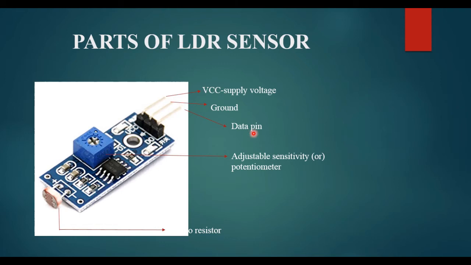The use of the data pin is that you connect it to the required pin on the Arduino board wherever the data pin is required for the programming. For example, if you have defined the data pin as D2 in the program, you have to connect this data pin to D2 on the Arduino board. If you put it on any other pin, it will not work at all because the specified pin is D2. And this is the adjustable potentiometer to increase or decrease the intensity of the light falling on the photodiode.